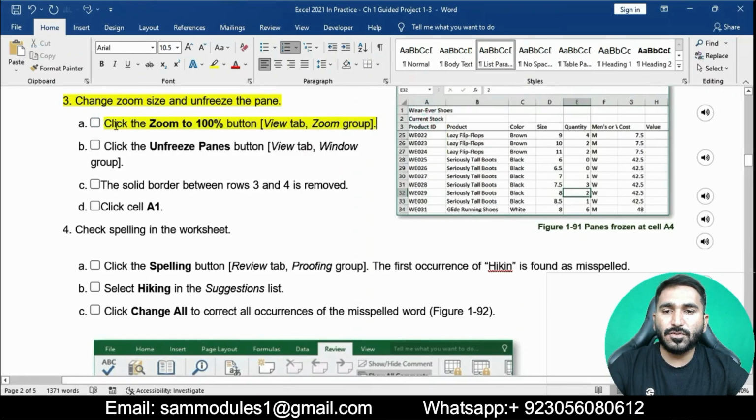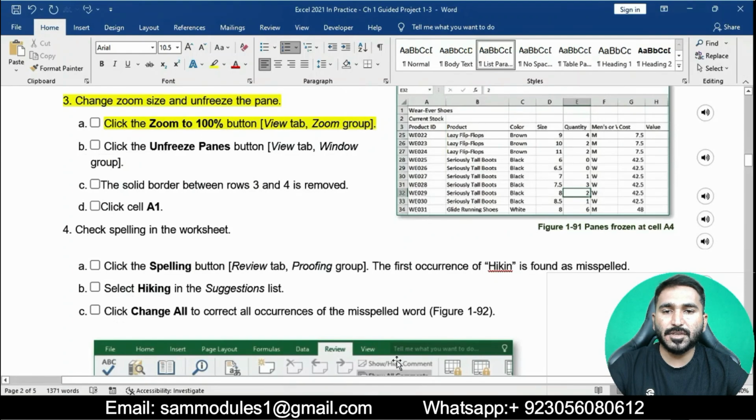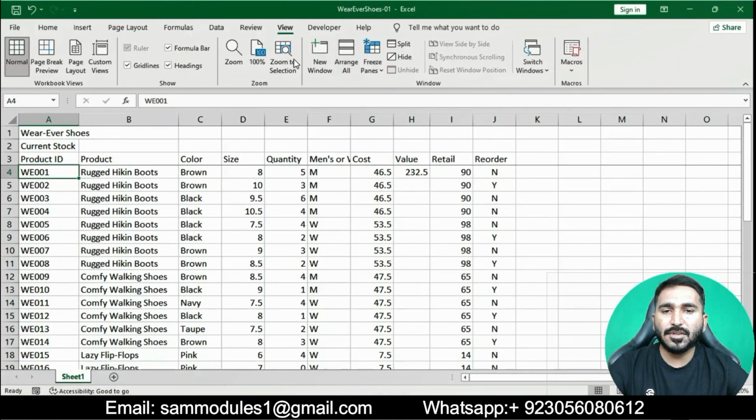Go to the View tab in the Zoom group, click on Zoom, and click the 100% button.